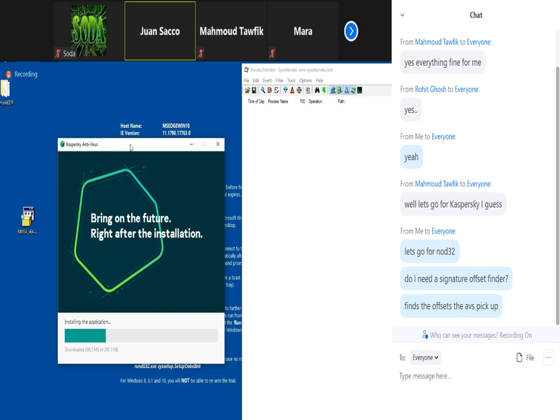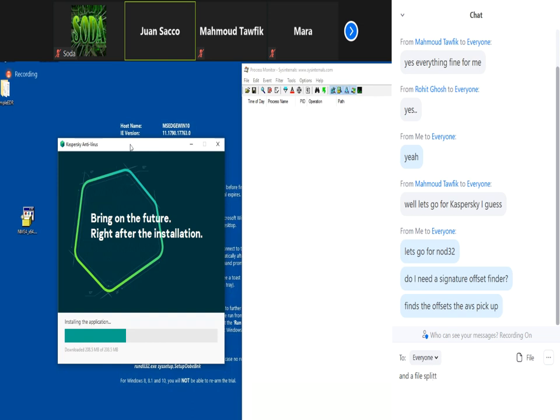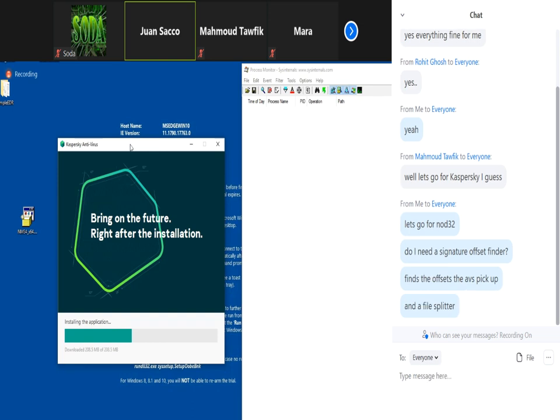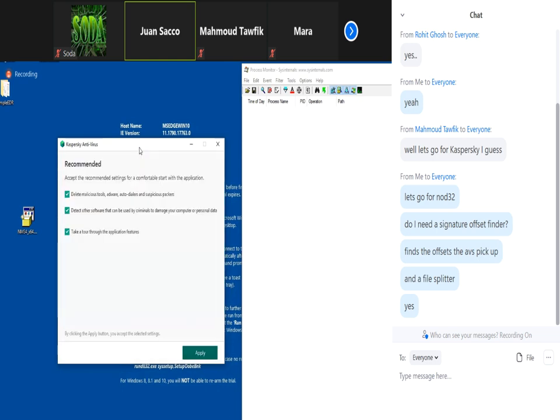Oh, but that's a thing. That's a bypass technique that you can use for patching the entry points. That's what you meant. Find the offsets, the ABP pickups, and file splitter. File splitter, that's a different technique for bypassing signature. That's typically used for bypassing signature, but the